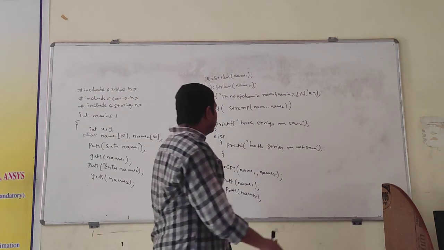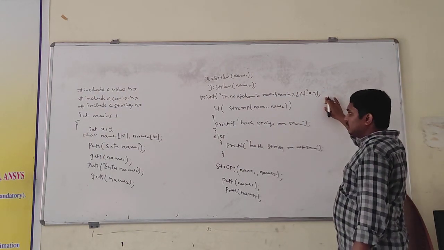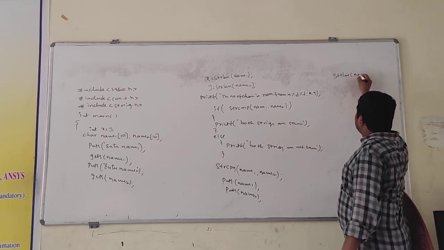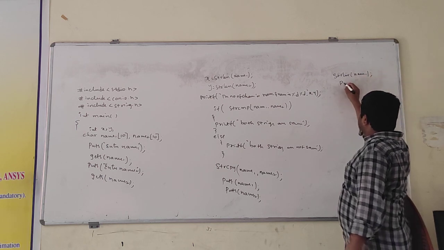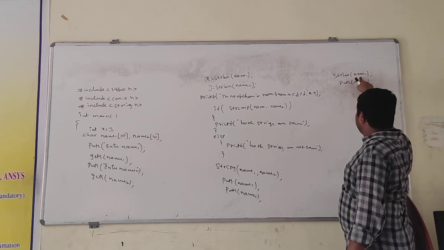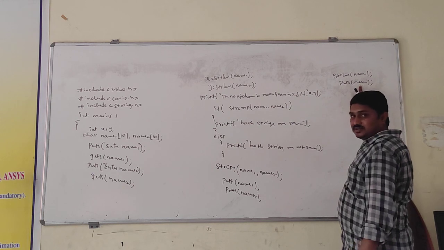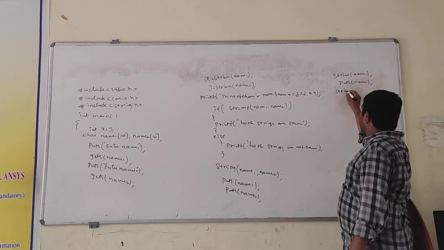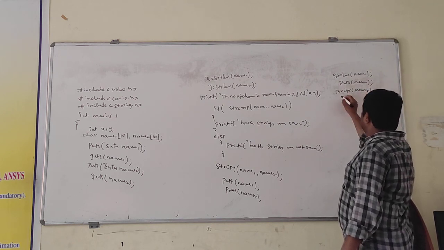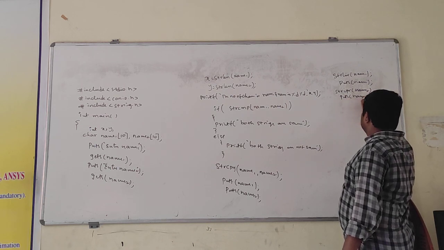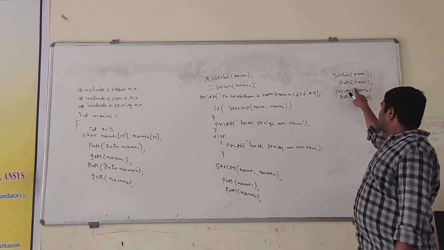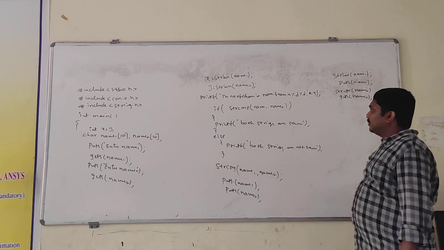After the string copy, the next function is strlwr. strlwr of name1, puts name1. This strlwr converts name1 into lowercase. Then I printed that lowercase string. Then strupr of name2, puts name2. Okay, here I converted string 1 into lowercase, string 2 into uppercase, and both are printed.